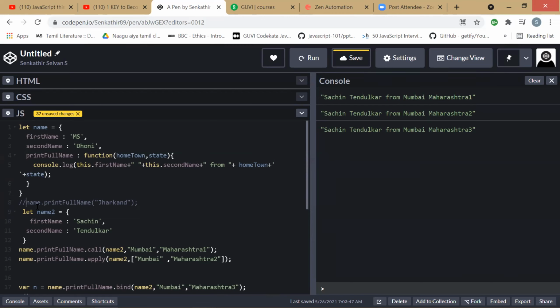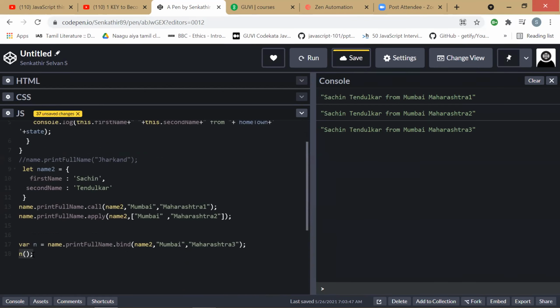In bind, function call is mandatory. Priyadarshini is asking: in bind, is function call mandatory? Yes, basically, if you don't call a function, then you are not executing the function. In line number 17, you are just creating a function, like a function declaration, so we need to call it somewhere. We are calling it there in the next line itself. Okay.